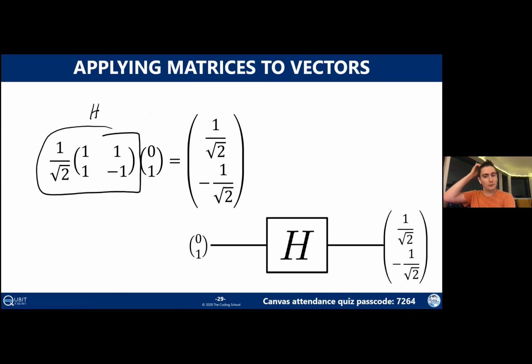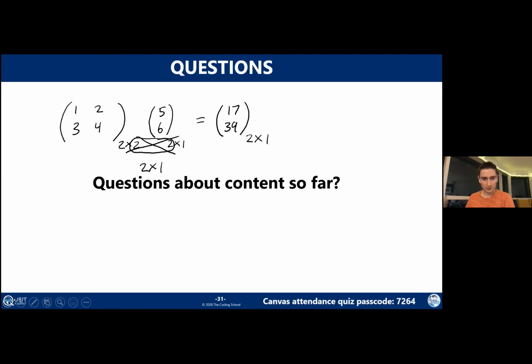Does the order in which you multiply matter? Yes, it does. You always want to be multiplying the matrix first and the vector second. Writing it the other way around would not be correct. Slide 31, briefly again, sure. Or wait, slide 31 is the question. Oh, okay, yeah. So the H gate makes a 50-50 superposition. Exactly, yes.